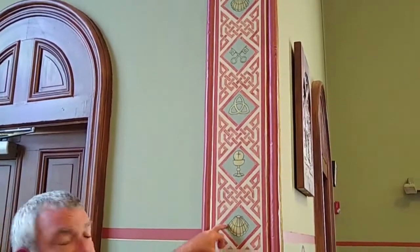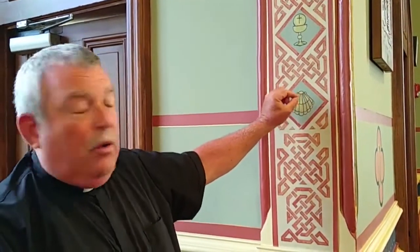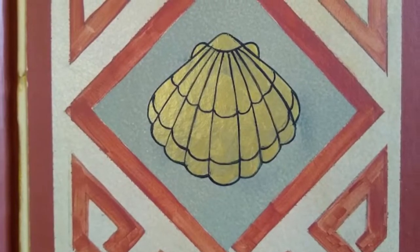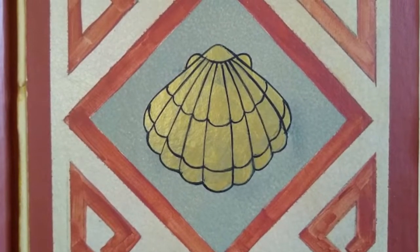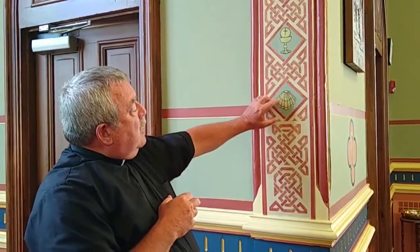The first is a shell, which for Christians has long been an emblem of baptism. This is one of the sacraments of initiation, or holy baptism, we call it. Some traditions, some churches, have a pattern of a shell near the baptismal font, by which the pastor or minister leading the baptismal rite takes water from the font over the baptized person's head as a sign of cleansing and rebirth. So we see one of the church's sacraments well represented in this border that we pass through every time we